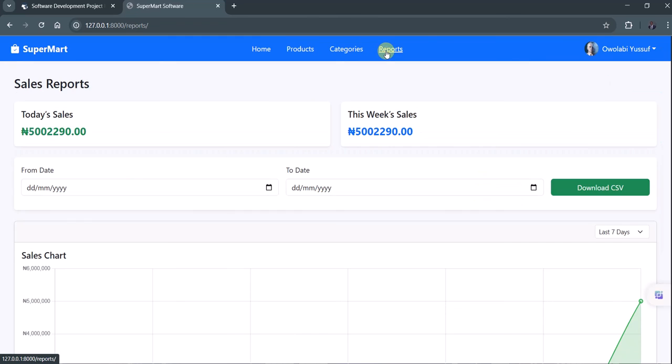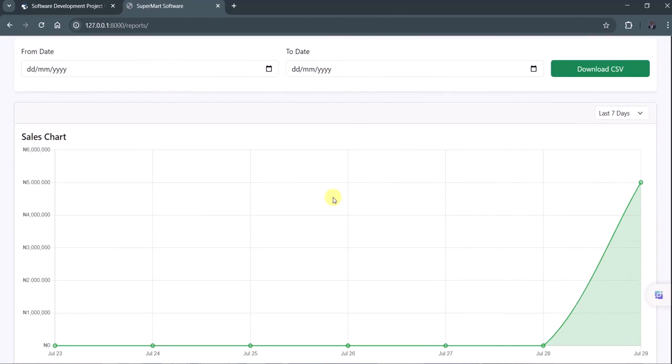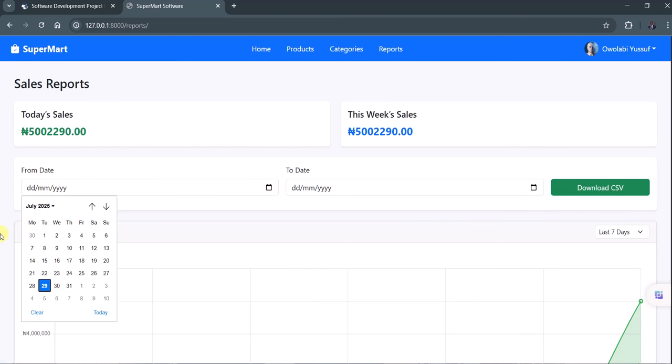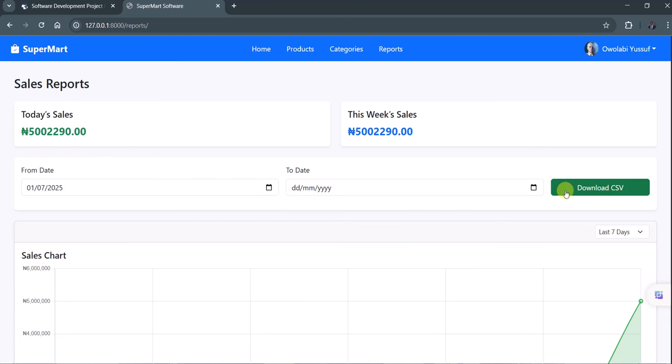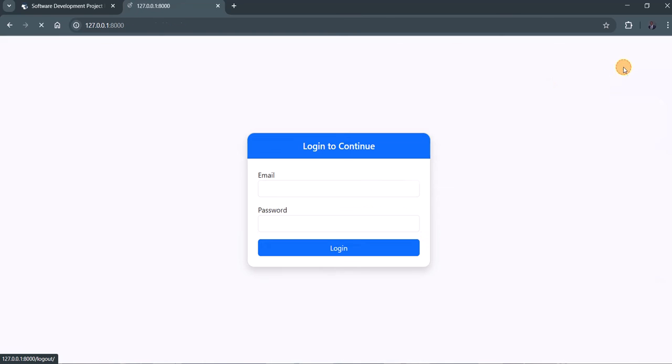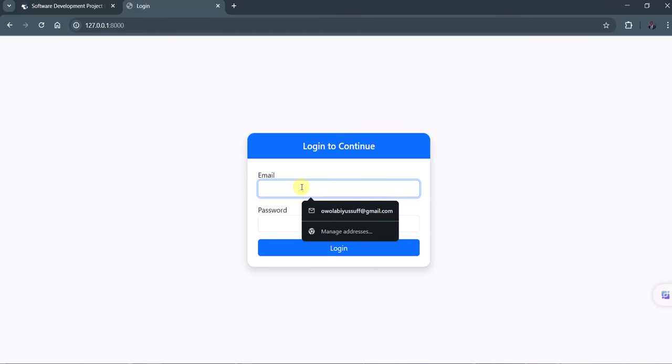And the manager can also see the sales report on the system, weekly, daily, any day. You can just search by days, and then you'll be able to filter everything out, make a report on it as well, and download it and use it for his own consumption. So I can also log out from here, then try to log in using the client interface,